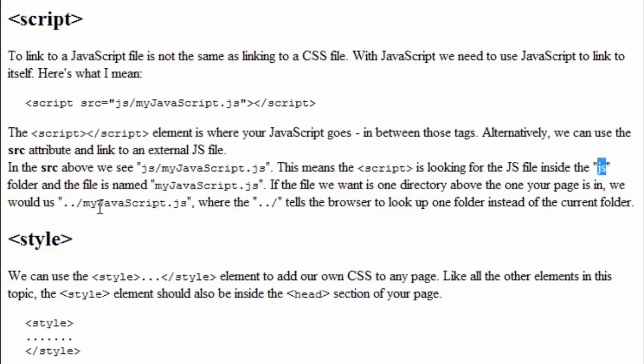we use ../ and the ../ tells the browser to look up one folder instead of inside the current folder. Now if we wanted to go up two folders instead of just one, we'd use ../ and then another ../